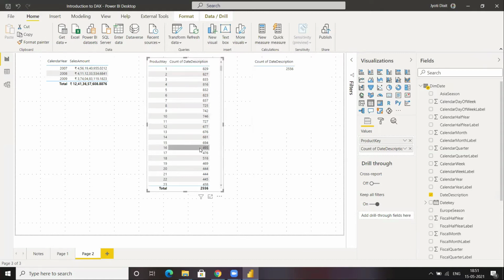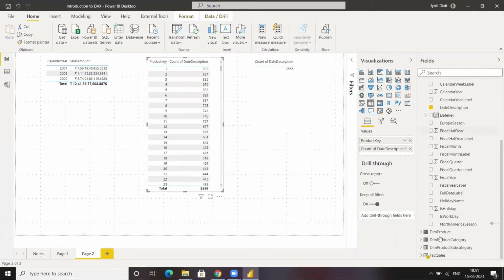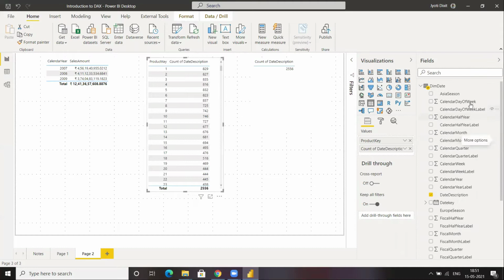Now I can use any column corresponding to fact sales table in order to filter the dim date. Now I can see that for the product which is having product key as one, the product corresponding to product key one got sold on 829 days. The product corresponding to product key two got sold